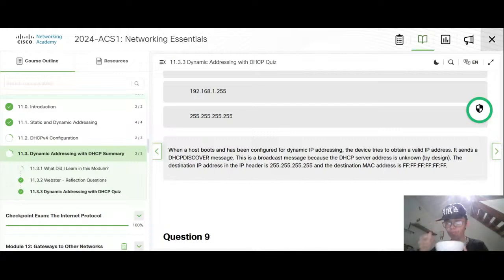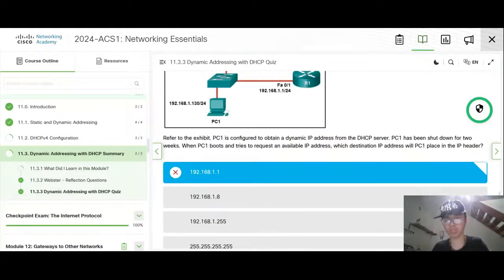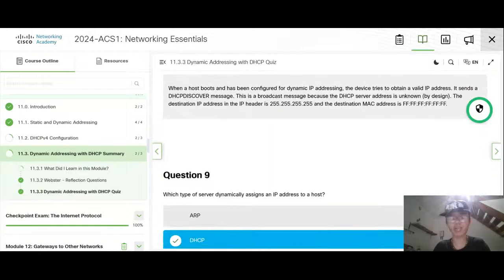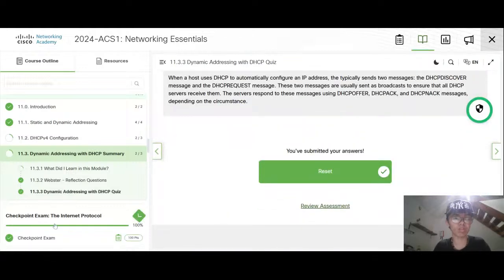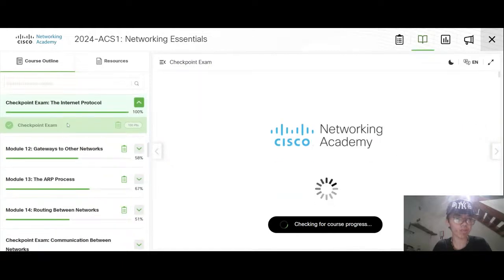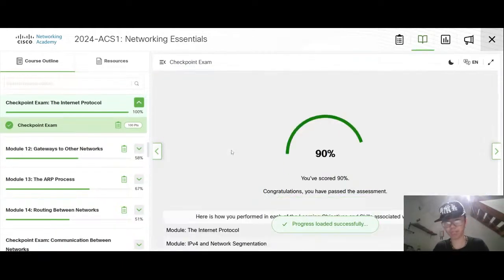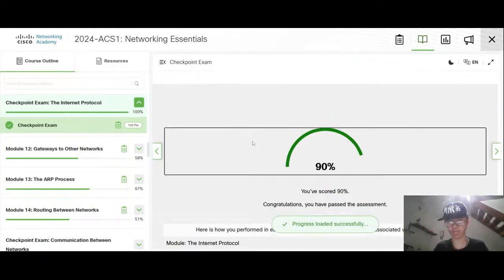Oh, wait a minute. It's asking about the destination. Okay, it's my fault, I did not really read the question. Ah, it was about destination IP address, which is, of course, okay, checkpoint same. Oh, 90%. It looks great.